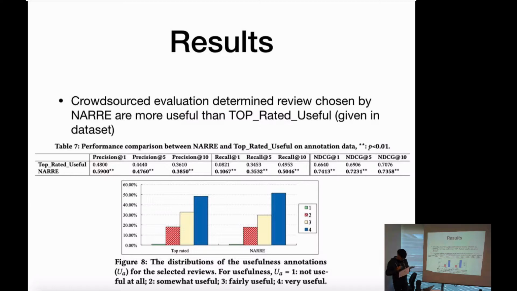Okay, so the reviews are randomly selected from the list. Yeah, and there are 1,264 reviews in 100 items. Okay, and so this figure is what? This figure shows that within that amount of reviews shown to the users, based on the top rated ones,